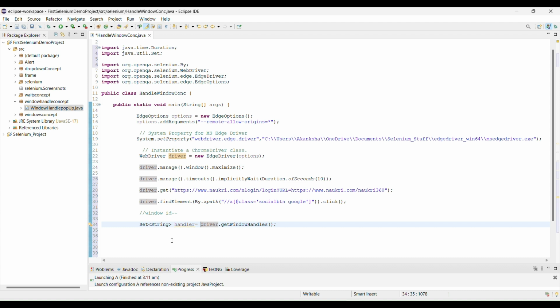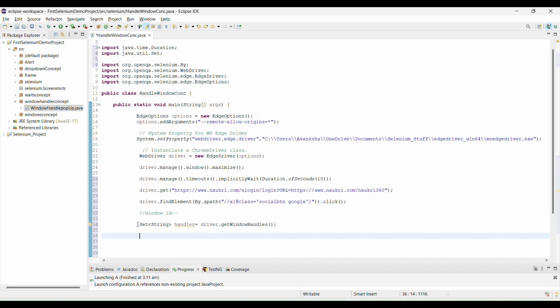In a list we use indexes, right? The value is stored using an index. But a set doesn't have indexes, so that's why we are using a set. In a set we use an iterator to get the value from the set of string values. Okay, so like this we are going to handle it. So first of all, what I need to do is iterate the value, right?